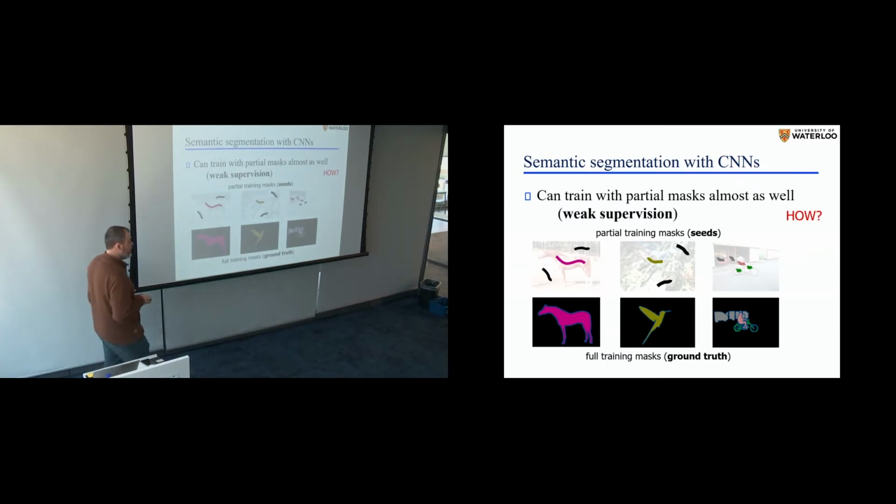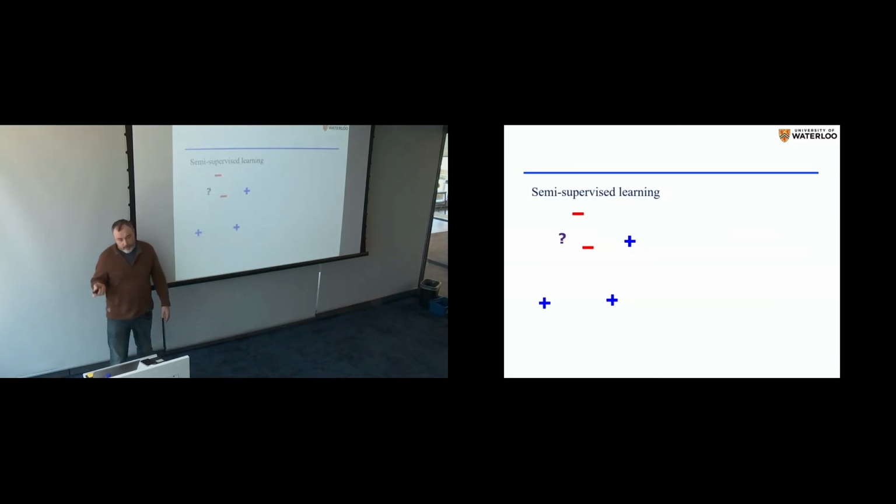Yes, how do we do this? Well, let me first give you a high-level semi-supervised learning example that I'm sure many of you know better than me. I'm just giving you this as a part of my story. So suppose you have some labeled examples, and there's a new example that just came in, and you have to label it. Well, you would say perhaps, if you use a nearest neighbor classifier, you would classify this question mark as a negative because it's closest.